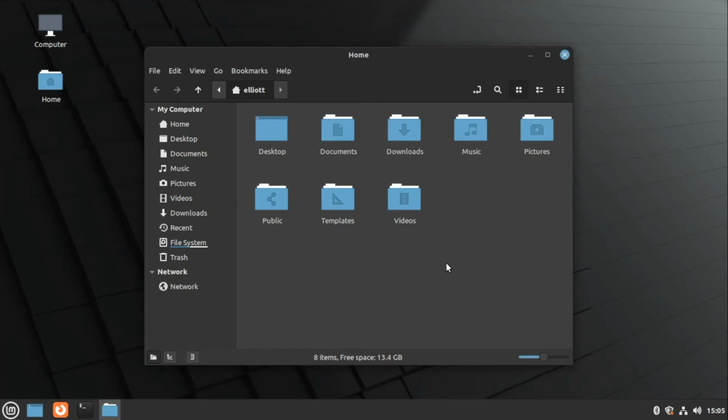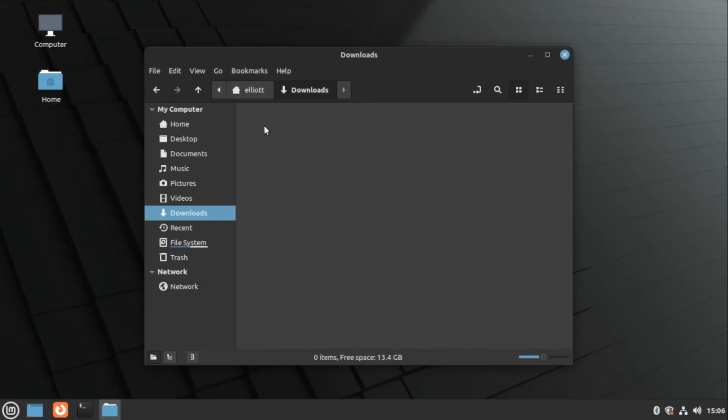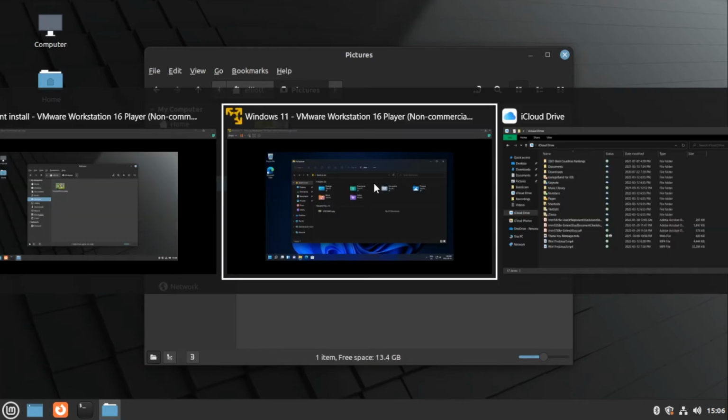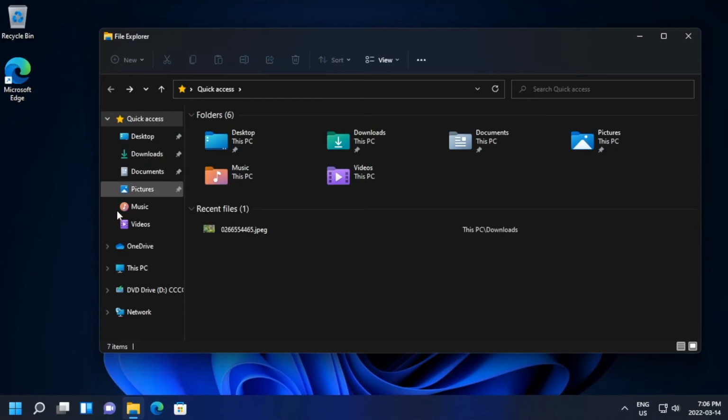Now, when it comes to managing files on your system, it's a rather similar process in both cases. The file manager for both systems look pretty similar here, both having your favorite or most frequently used places here on the left, as well as showing any connected devices or network drives that you may have connected. Of course, you can browse all of your folders here as you see fit, and copying and pasting files is the same on both systems. Here in Windows 11, it's a very similar experience. However, one thing I will mention while we're here